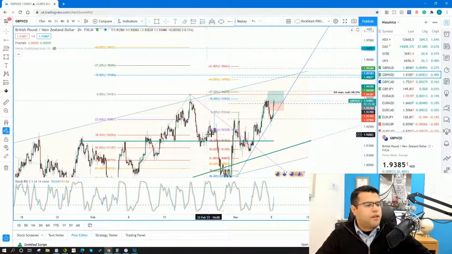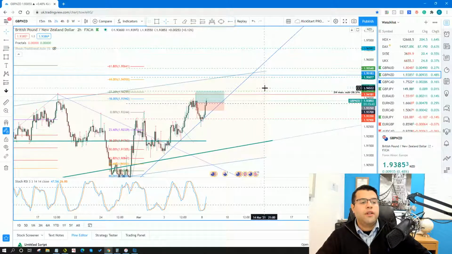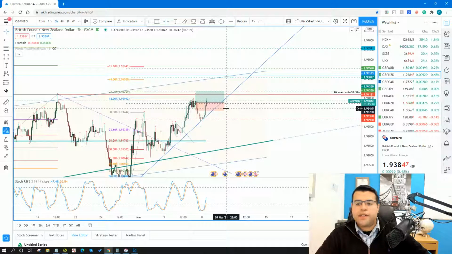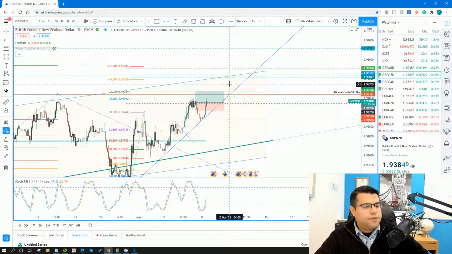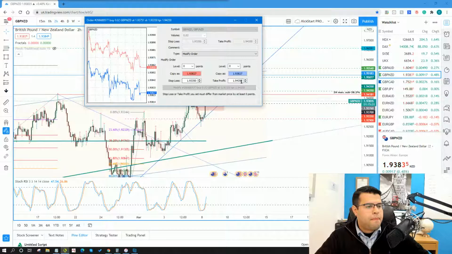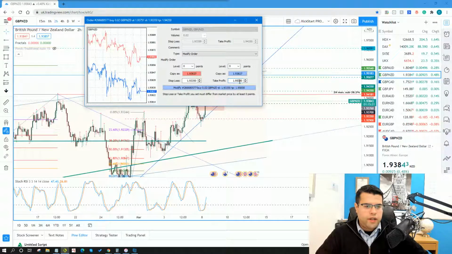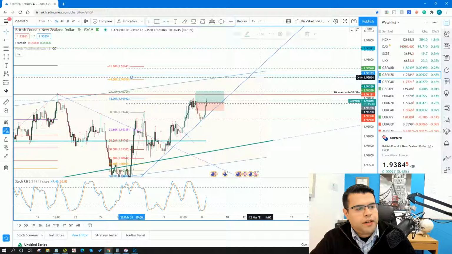Because if you look at the channel, this looks to me like we are now attempting a push back up to resistance in the channel, which, if that's the case, then 95.07 is actually aligned very, very nicely with that, right? And so 95.07, let me go ahead and just update this on my broker platform here. 95.07. So 1.9507, or sorry, 95.08. I have to update it on the chart.